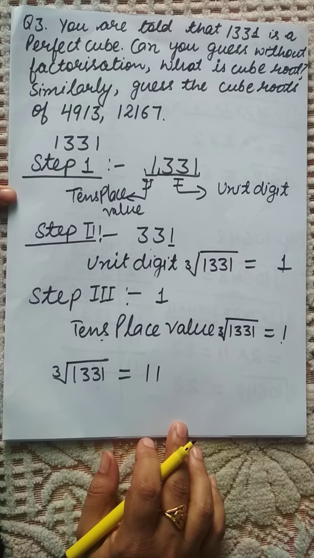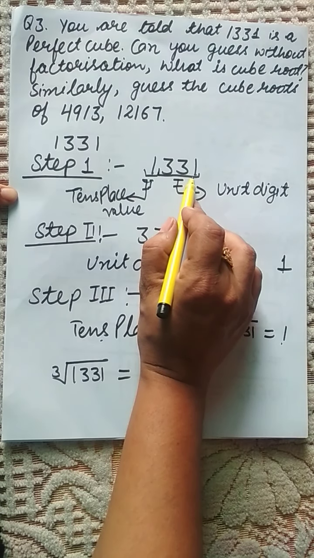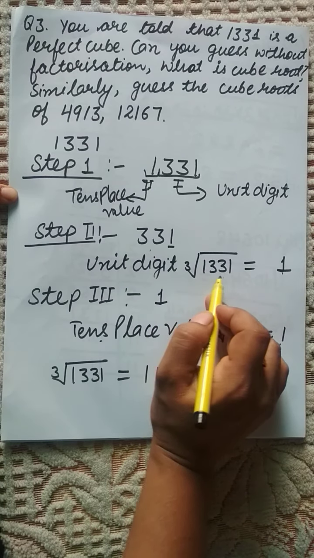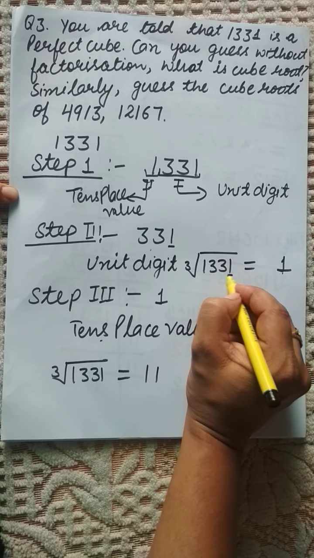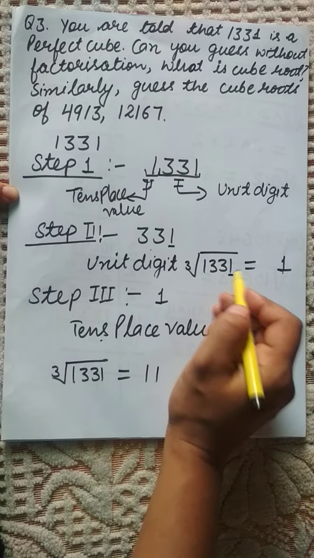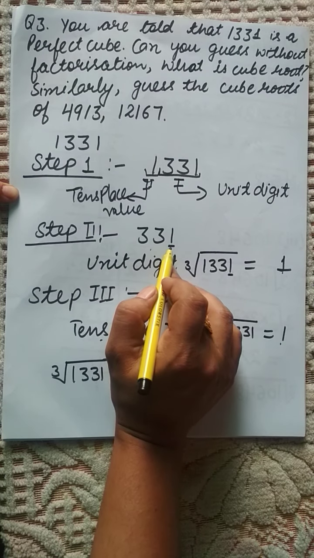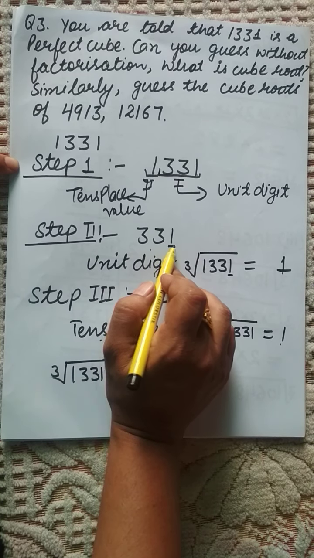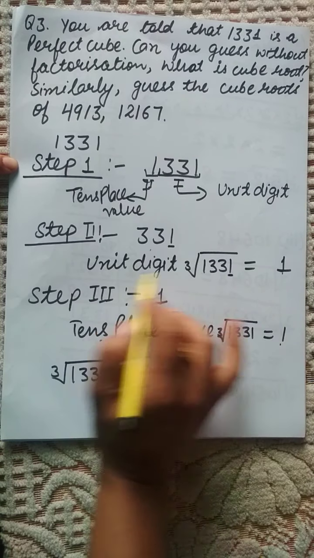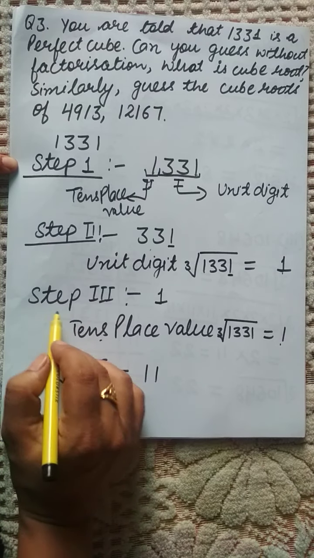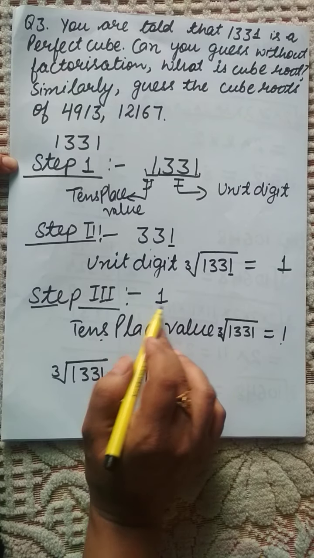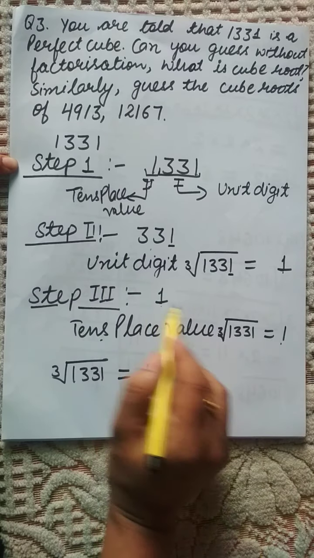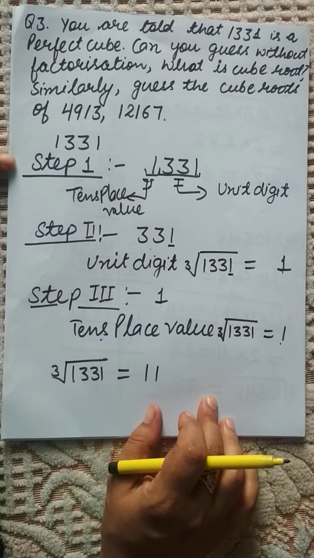See the steps again. Firstly, you have to make the groups starting from the unit digit. The first group will give you the unit digit, and you will see the cube root of that number as it is having the unit digit. So the numbers which is having unit digit 1, the cube root will also have the unit digit 1. So this is 1. For the next step, I'll find the tens place value. The tens in this group, I have 1 in the second group. The cube root of 1 is 1. So this is 11, which is the required answer.